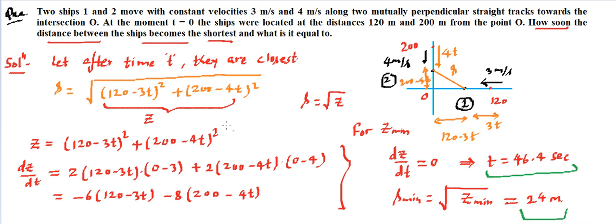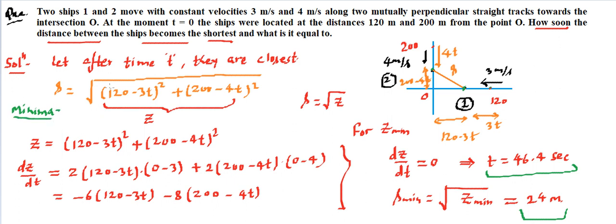And what I have explained here is the idea of how to solve it. Initially they were placed at particular locations, then they were moving, so we assumed t time. After t time they will be in new locations. We identified the new locations, then considered this right angle triangle and measured the hypotenuse, which was s, and this s came out to be this. The purpose was to minimize it, and for minima and maxima there are certain rules. We are using those rules.